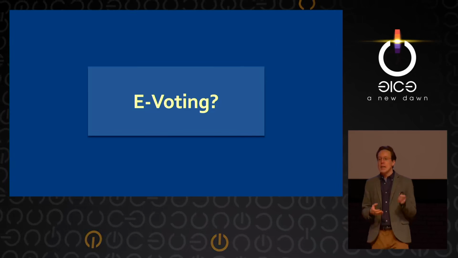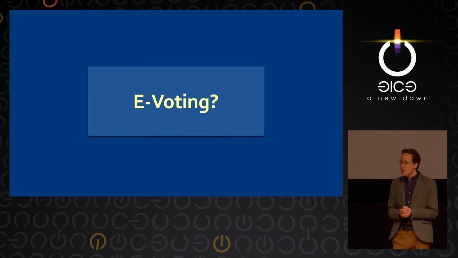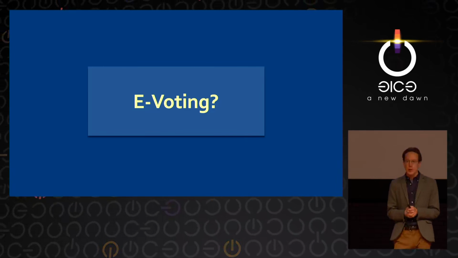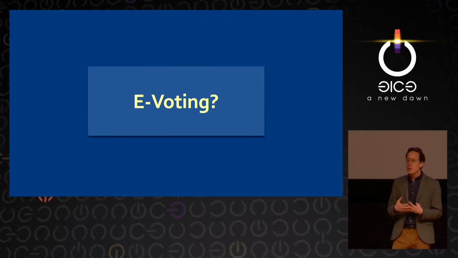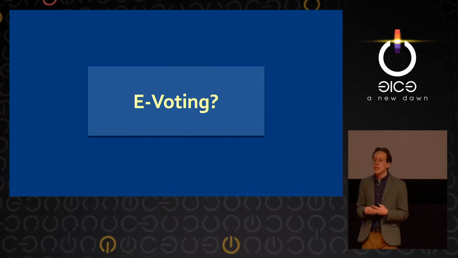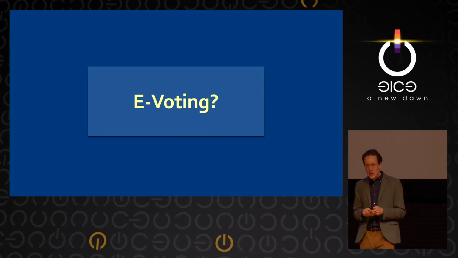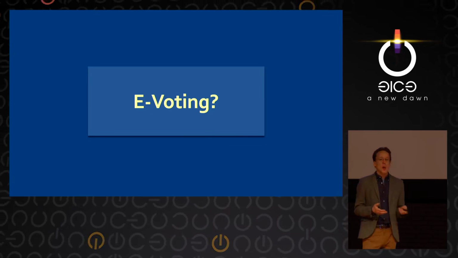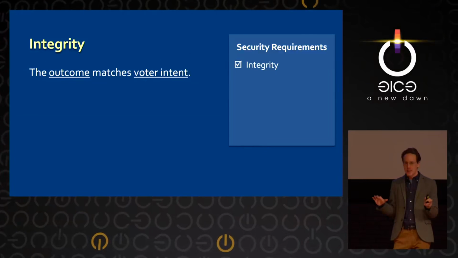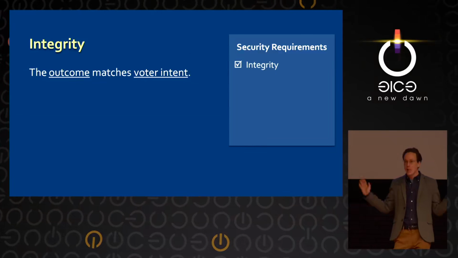At the same time, e-voting raises some of the most difficult challenges in the field of computer security. And so I see it as a motivating example and motivating problem for advances of all kinds in cryptography, in systems construction, and usability. E-voting is a really hard security problem because of its unusual requirements. We need 2 things in a secure e-voting system above all else. One of them is integrity. And by integrity, I mean that the outcome of the election matches the voter's intent. This is a relatively weak definition of integrity. Let's just at least say that the right guy wins.